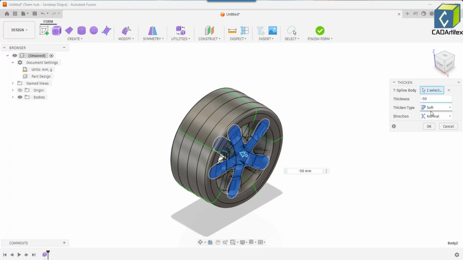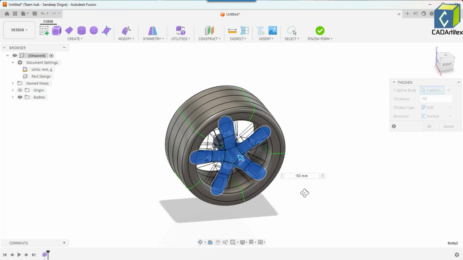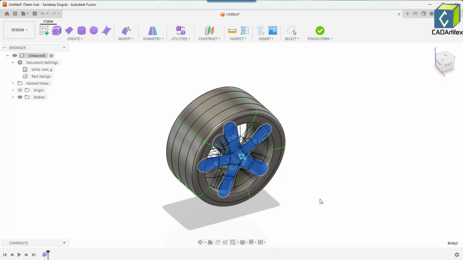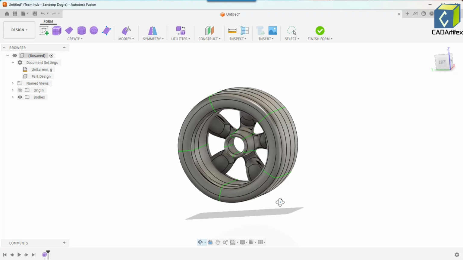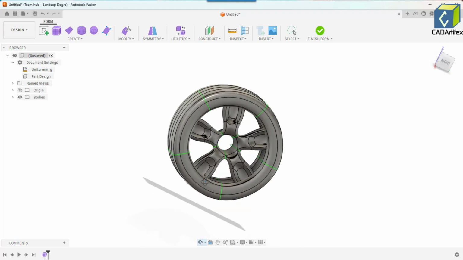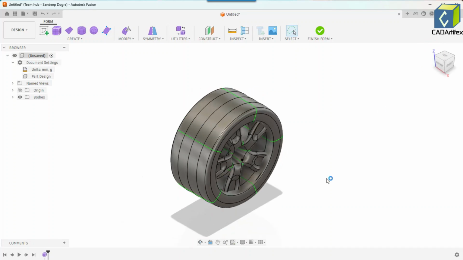In the Thicken type drop-down, select the Soft option and in the Direction drop-down, select the Normal option. You can see it will appear like this. And now click on the OK button. You can see thickness is applied to the model. Now let's change the view to isometric. Finally, click on the Finish Form tool to close the form